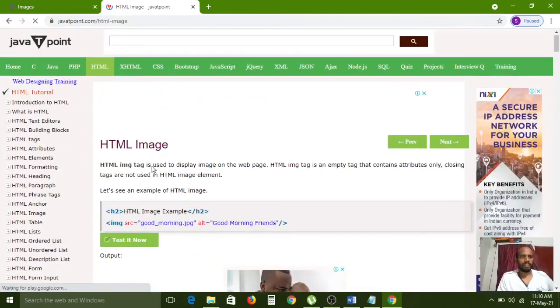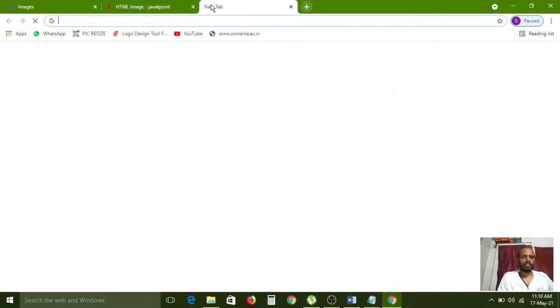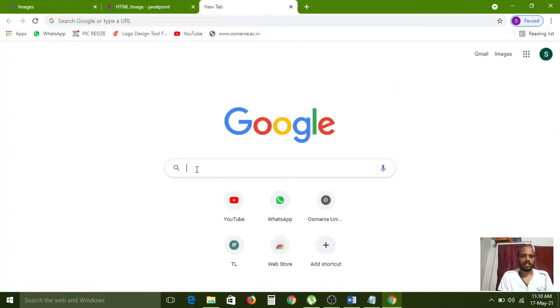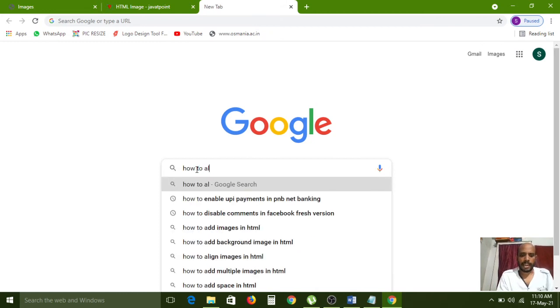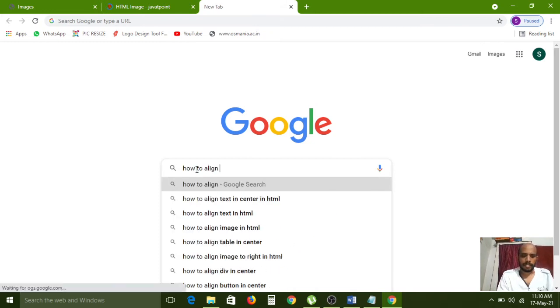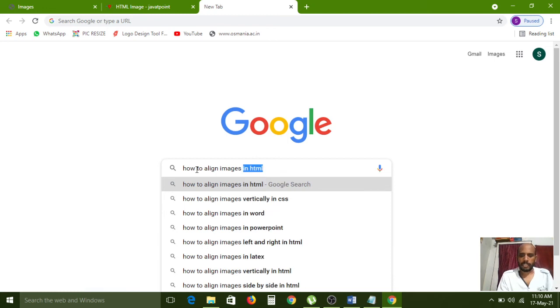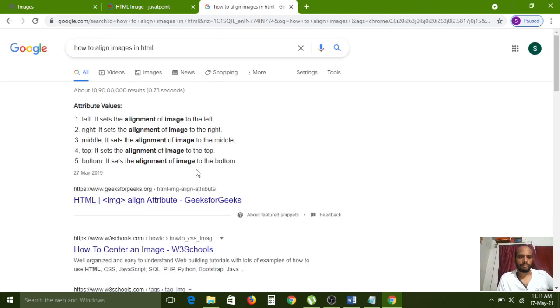I think it is not there. Wait. How to align images in HTML? Left, right, middle, top, bottom. Yes, it can support. But why? Let us see.